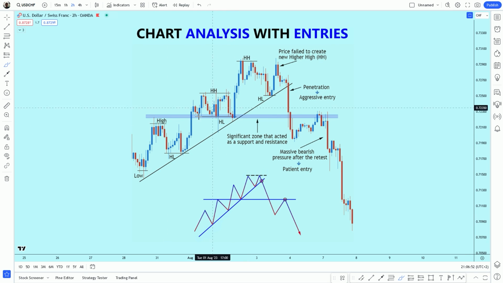This time we have an uptrend and we have higher highs and higher lows. And as you can see, we have this significant zone here. It acted as a resistance here, but then it acted as a support here, here and here. Price continued to go up, formed another higher low and then went up but failed to break this previous higher high. So this is the first indication of a reversal,